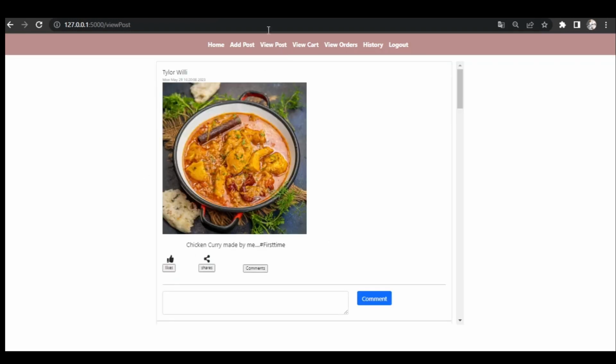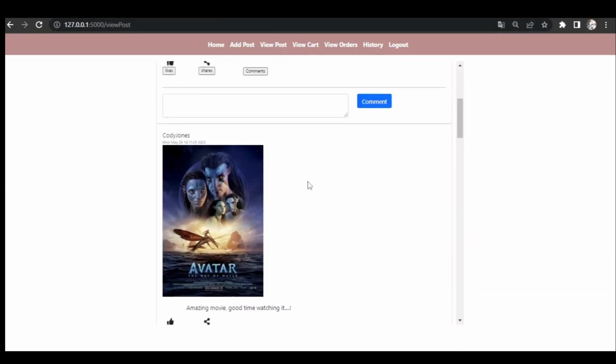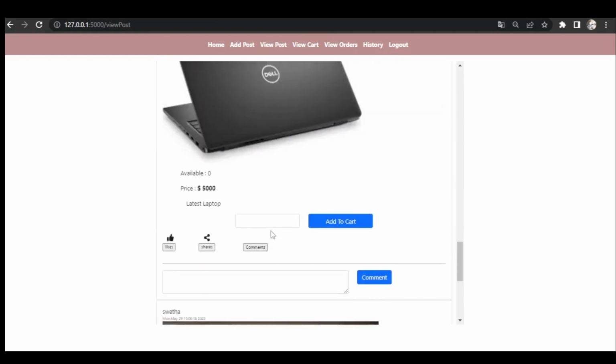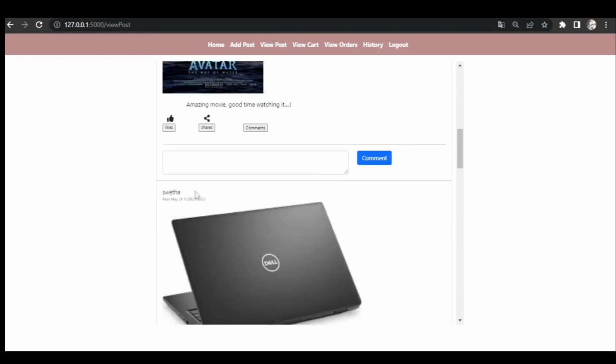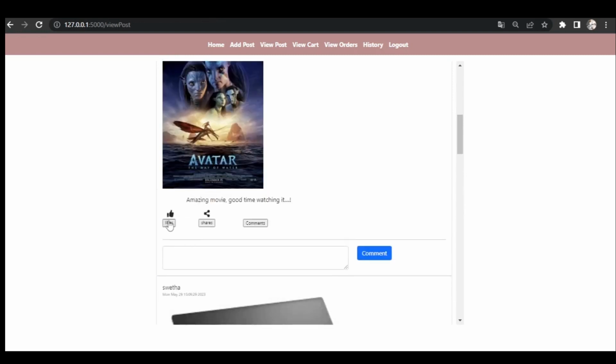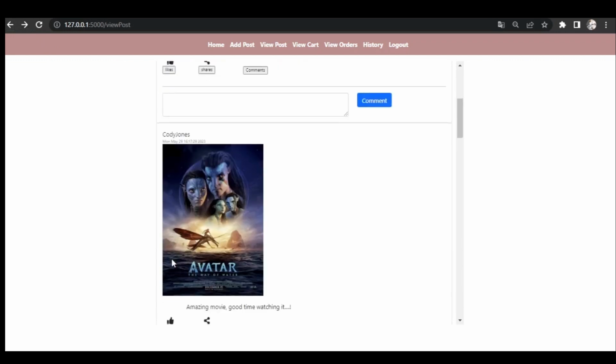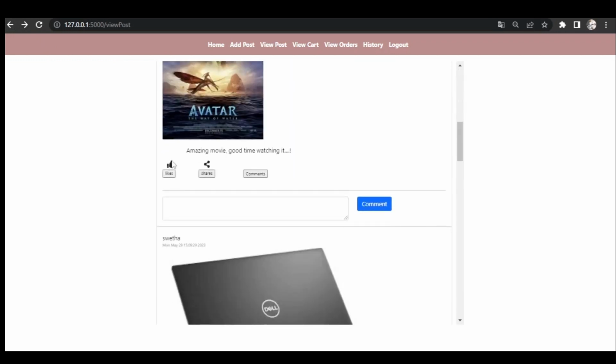This is the post they have made. This is the post from Cody Jones, and other people's posts we can see here, which they have posted. They can also like it. Yeah, they can like it. When they click on it, it will turn